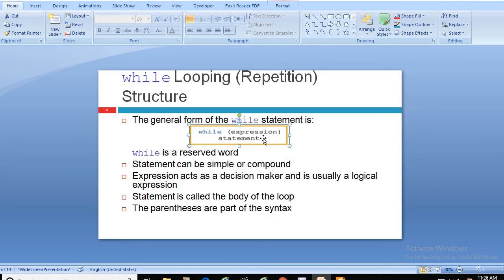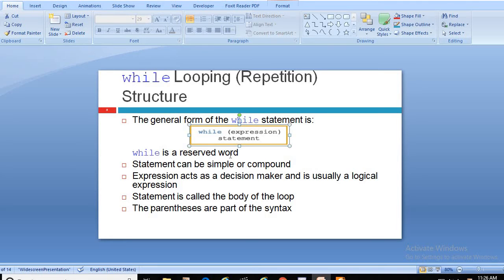One mistake should be corrected: a single statement must be followed by a semicolon. If multiple statements are within this loop, then braces should be given around the body of the loop.